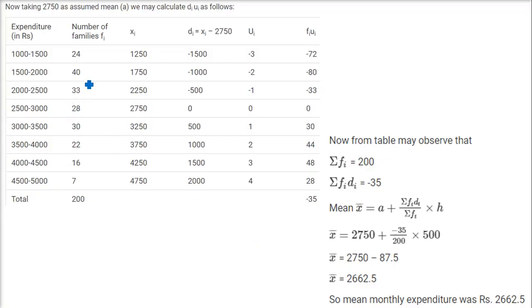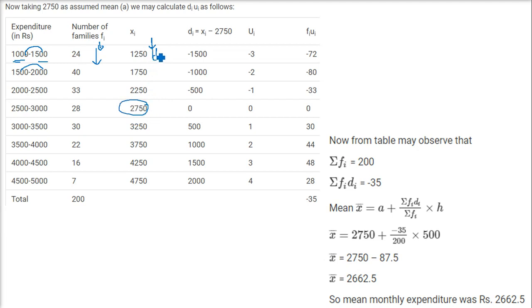Now in order to find the mean, we'll make the table again, and this is the number of families. This we already knew, and this we already knew, but how to get this? Because we cannot take the interval, we have to find a proper value. So we just add these two and divide by 2. 1000 plus 1500 by 2, like upper limit and lower limit, add and divide by 2. Now multiply this column with this column, or, since this will be quite expensive to work, let us take 2750 as the assumed mean.